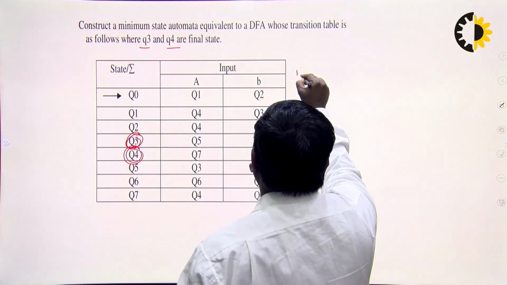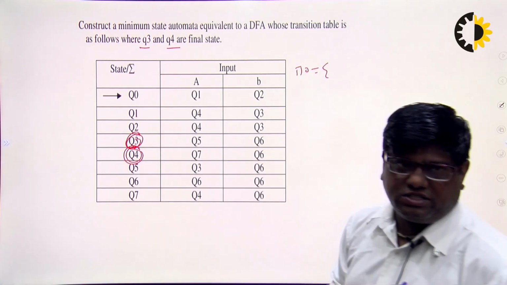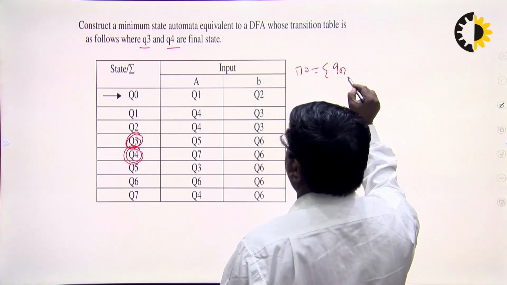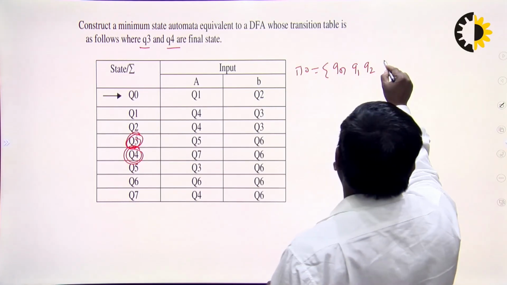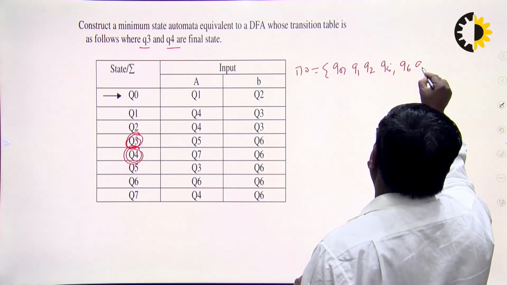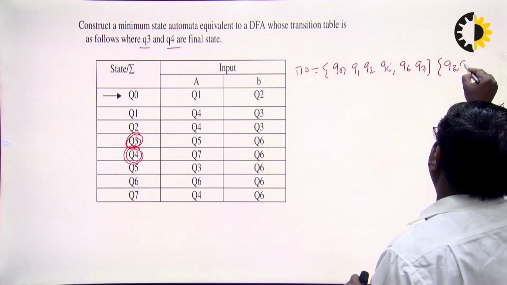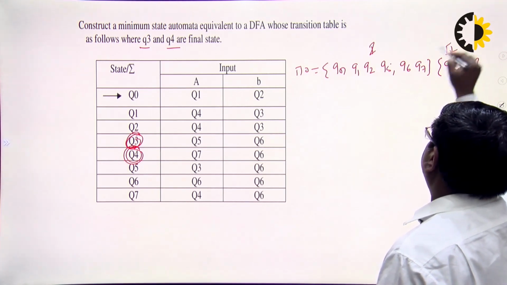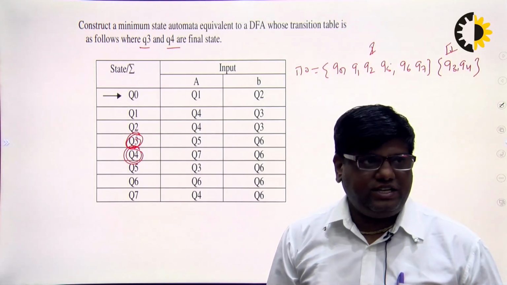First, all states are minimized into two parts: the set of final states and the set of non-final states. Now, what are the non-final? That is Q0, Q1, Q2, Q5, Q6, Q7, and the set of final states, that is Q3 and Q4. Now, this is set 1. This is known as set 2, and again we check the similar behavior of the states with respect to